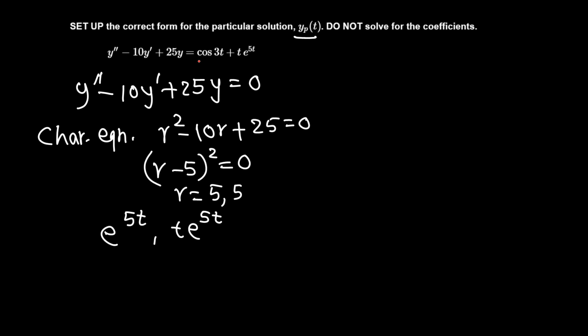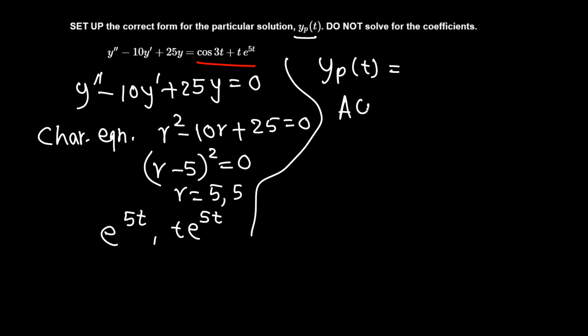Now let's look at the right hand side and start writing y_p. We have two terms, so y_p has the form based on cosine 3t, which is not already here. Cosine means we have to write down a linear combination of sine and cosine. So a cosine 3t plus b sine 3t, both with constants, plus for the second term t e